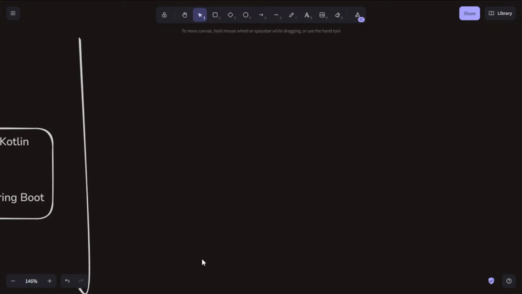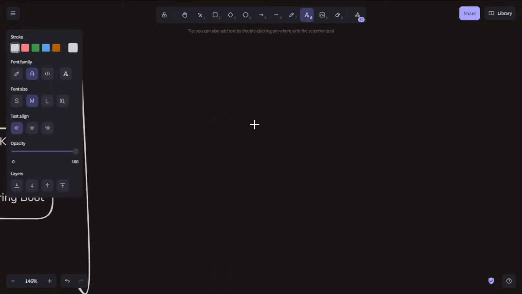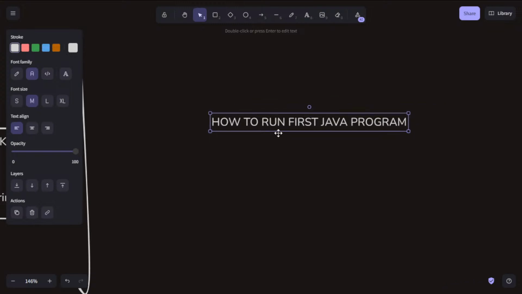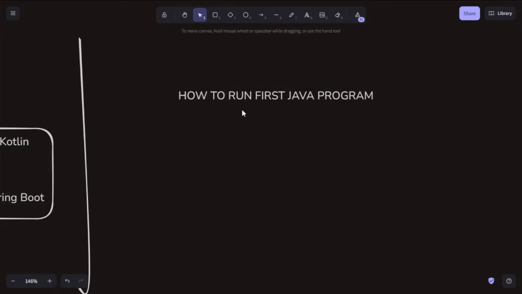So basically, how to run your first Java program in your machine?